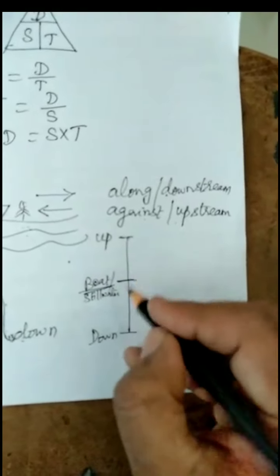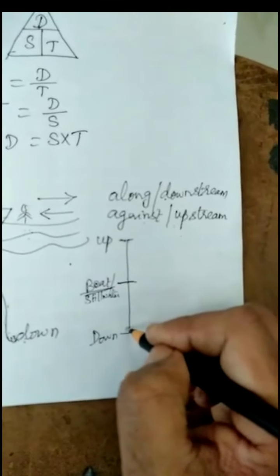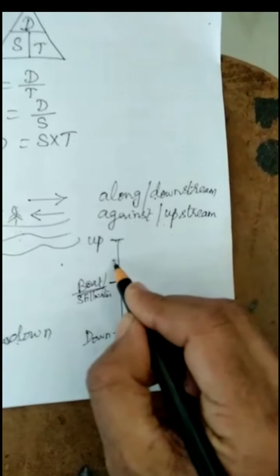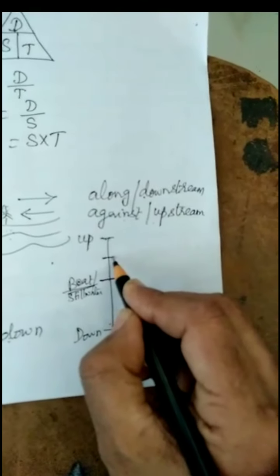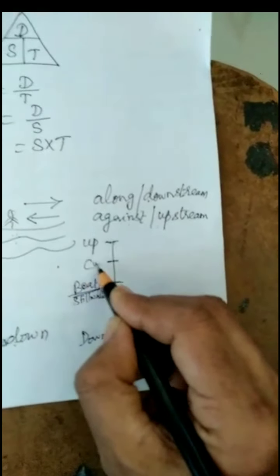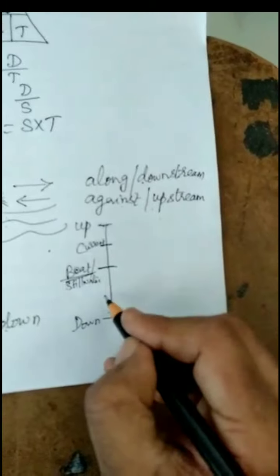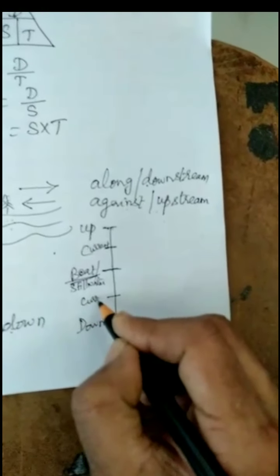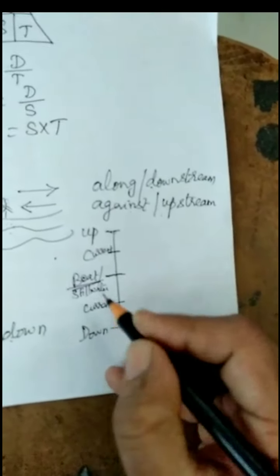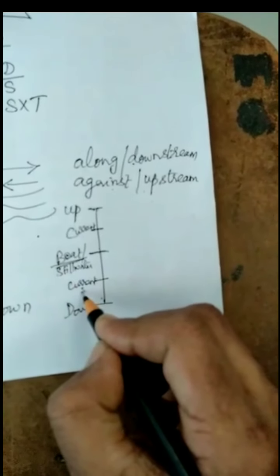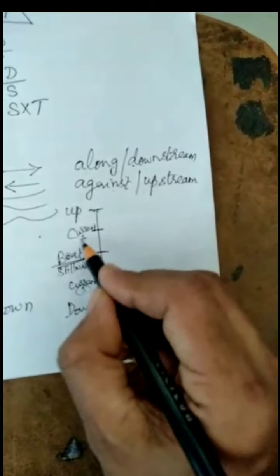And here, whether it is upstream or downstream, the speed of the river, the stream speed, is there. So we can call this current for our reference, so that we are not confused with the terms with and against stream. So this is current, and this current is nothing but the stream. If you put B for the boat here, you can put S also here if you want.